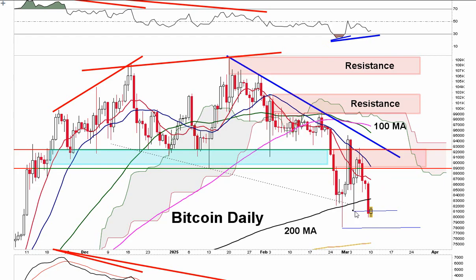You see, the support zone is this low right here and this low right here. Okay, this is the low. When we dropped below the 200, we couldn't stay below it. Here we dropped below the 200 for a higher low, couldn't stay below it. We bounced, got the bottoming tails. Here we closed below it. So the risk is now we take out this low and go down to our 50-week moving average, our trend line of support, and maybe horizontal support or Bitcoin's average price. So that's what I'm looking at.